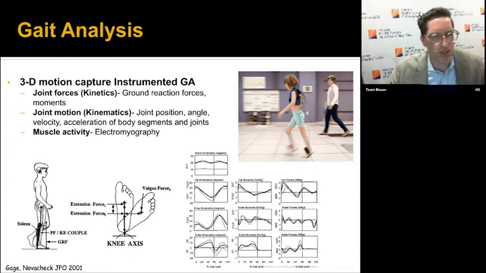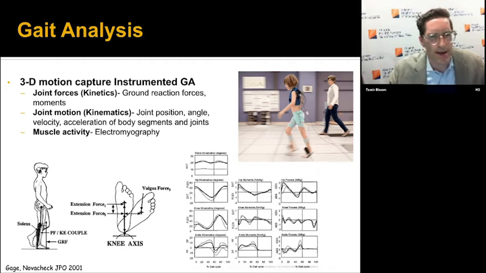And so the technology of 3D motion capture instrumented gait analysis has been around for quite a while. This is the same technology that's used to make all those wonderful Pixar movies. And essentially what this involves is hooking up a child with some electrodes and reflective markers, and having them walk on a force platform in the lab, and there are a number of gait labs that are readily available